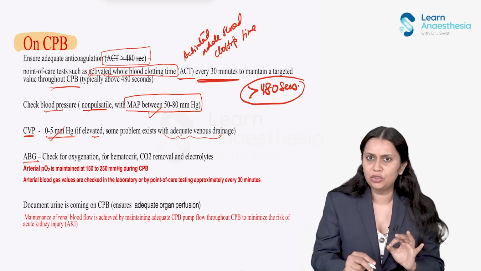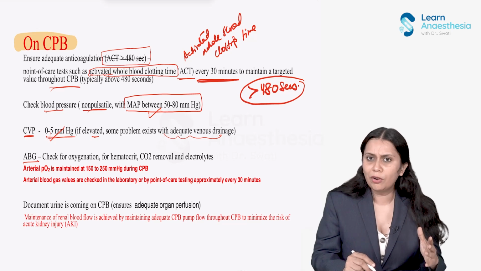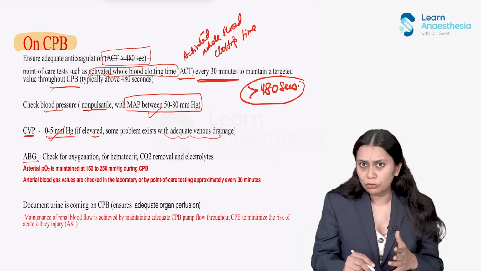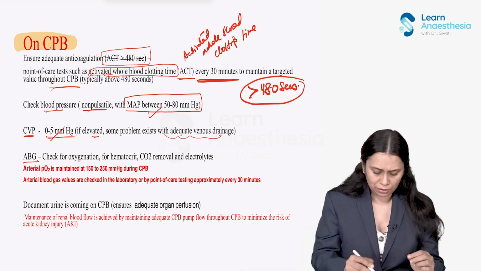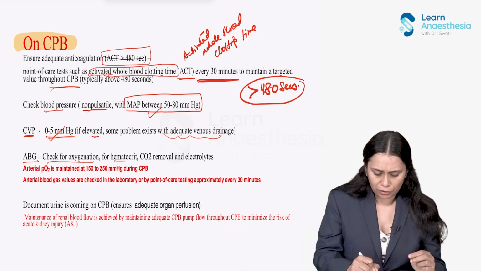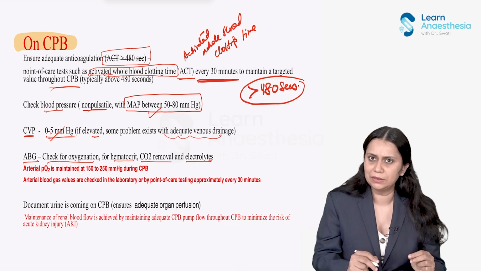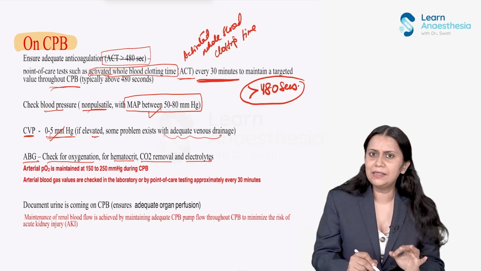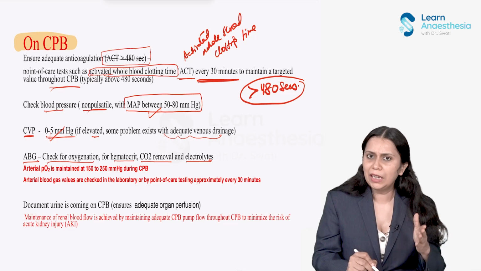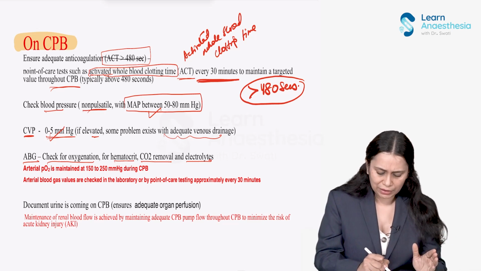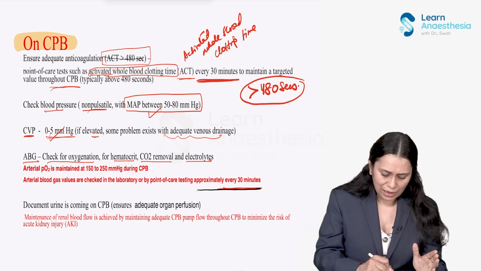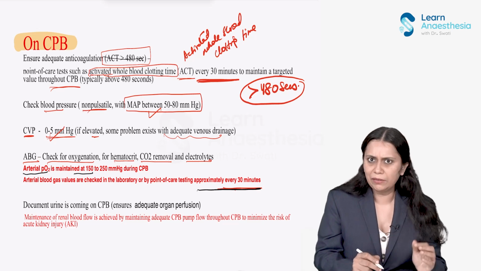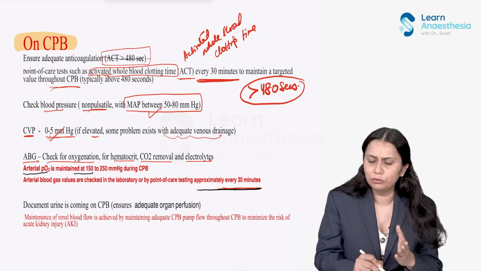ABG should be adequately checked at regular intervals to see the oxygenation, the CO2 value, the pH, other electrolytes and hematocrit. Like ACT, which is repeated every 30 minutes, ABG is also repeated every 30 minutes as point of care testing. And the arterial PO2, which I will discuss again, has a target between 150 to 250 mm of Hg